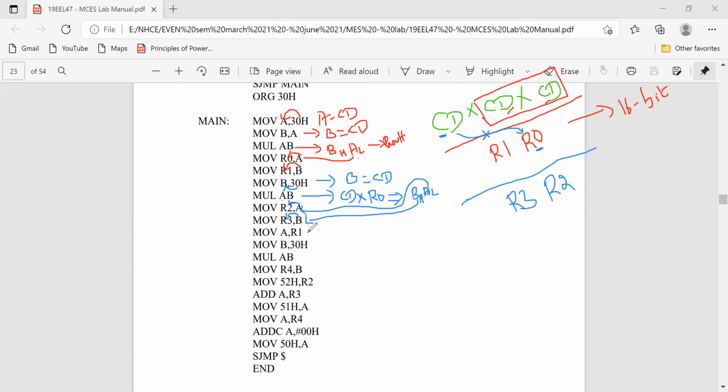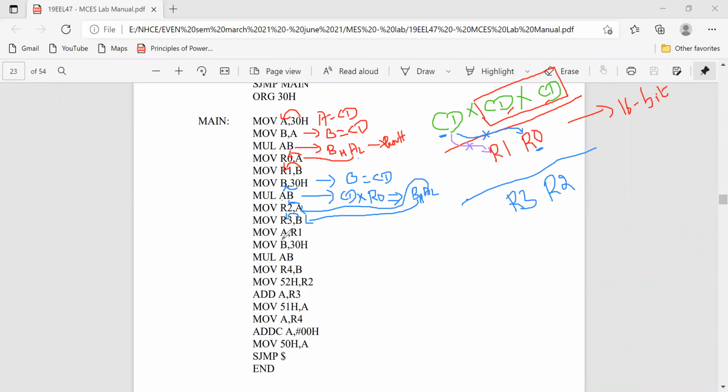So the next operation is, I want to multiply the same CD with R1. This operation I want to do. If I do that, I'll be getting one more 16-bit result. So let us see how we are multiplying.